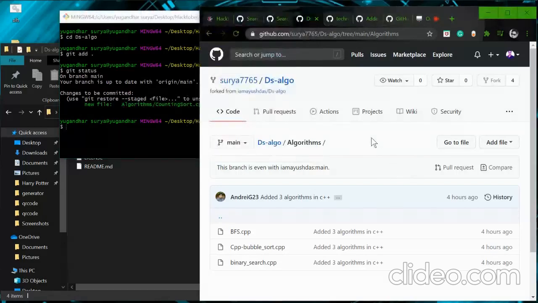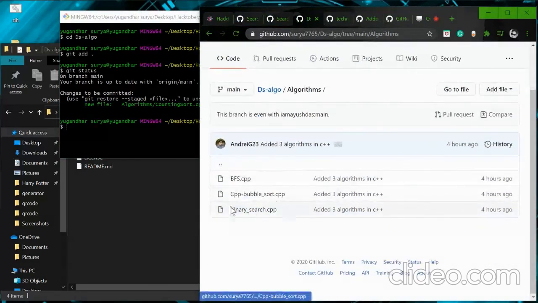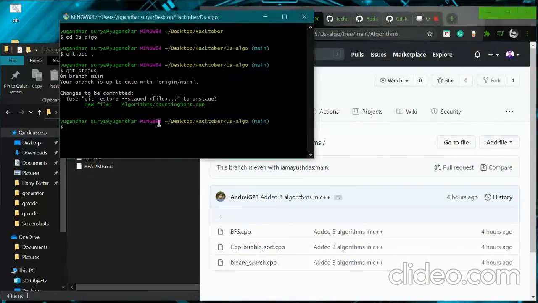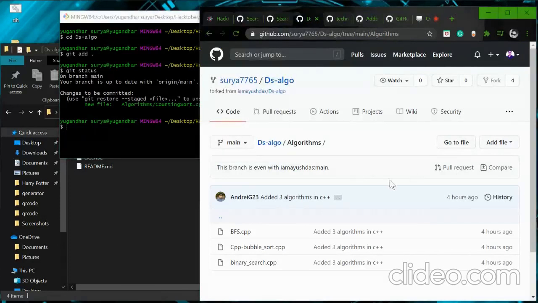But if you still go and see this repo, you still can't see your changes. It is still on your PC. So how can you get this to the repo directly?